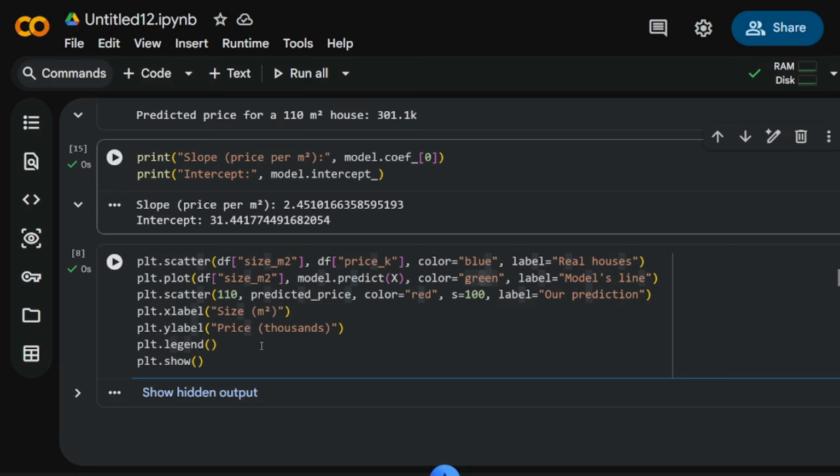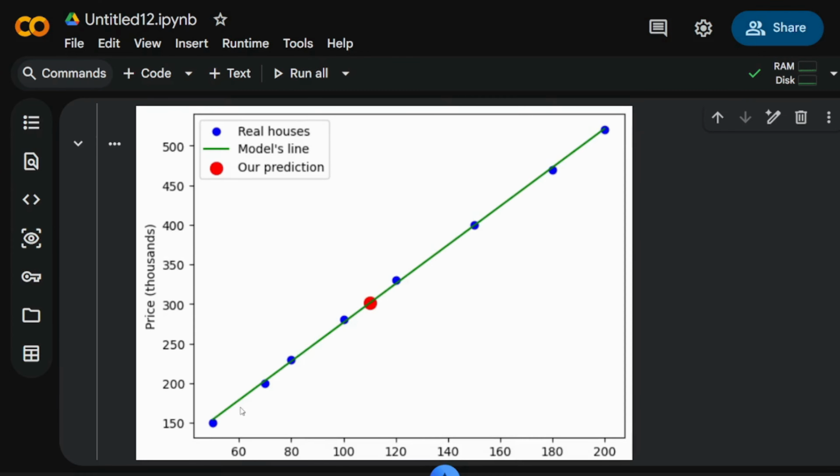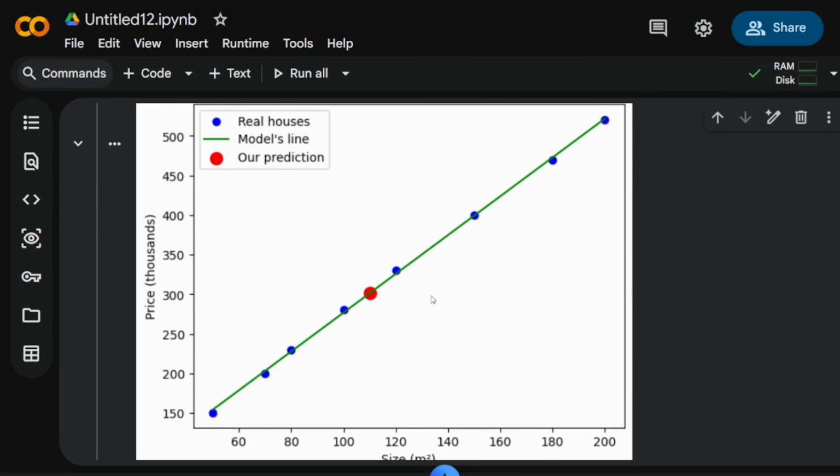plt.xlabel and plt.ylabel label the horizontal and vertical axis so anyone can read the chart. plt.legend tells Matplotlib to actually draw the little key in the corner using the labels we set on each piece. And plt.show shows the finished chart. It's always the last line when you're plotting, and there it is. When we run it, as you can see, the blue dots are our real houses. The green line is the model, and the red dot is our prediction sitting right on it. The green line is everything we just built, and that is linear